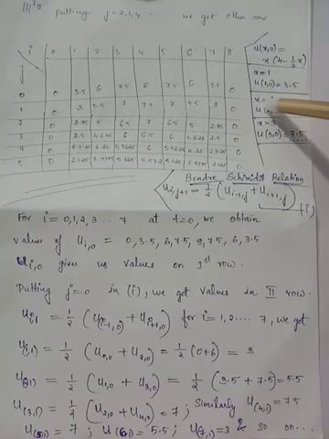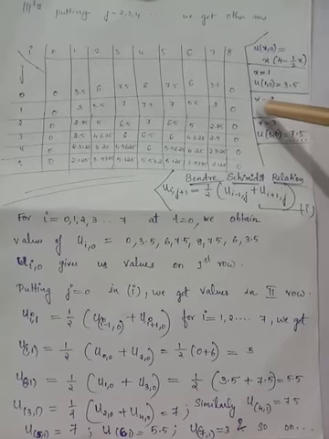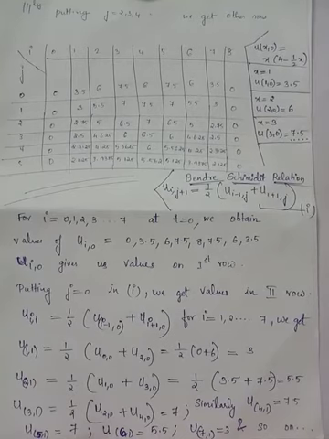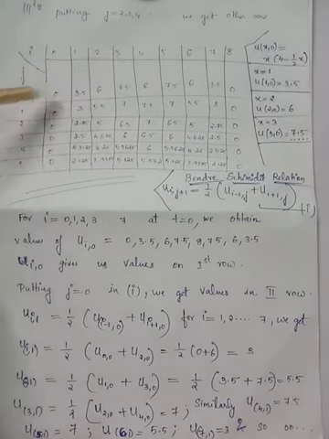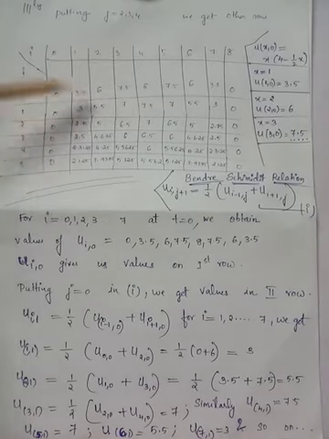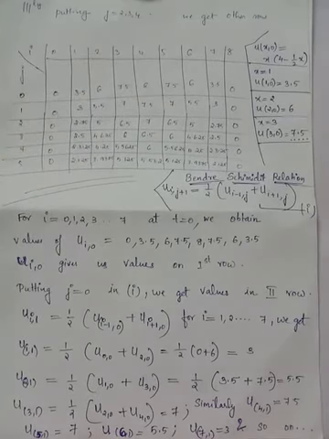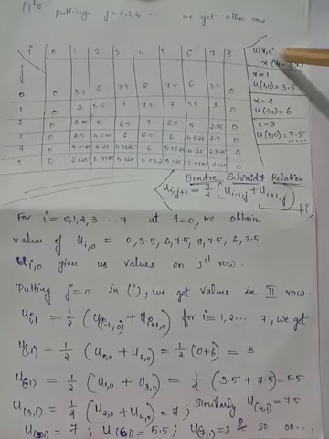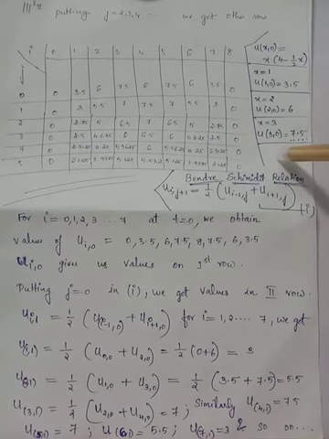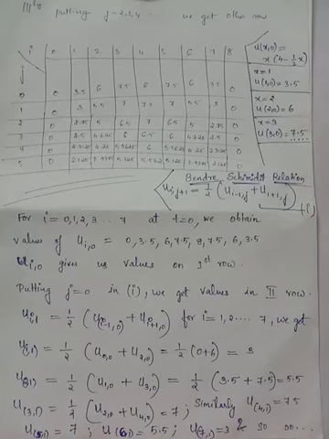Now the next position takes the value x equal to 2. When you substitute x equal to 2 in this equation, you get u of 2,0 equal to 6. u of 2,0 corresponds to the position i equal to 2 and j equal to 0. So at this position you have to write the answer for u of 2,0, which is equal to 6. The next position is u of 3,0. The answer is obtained by substituting x equal to 3 in the general function here, and you get 7.5. In a similar way you can substitute x equal to 4, 5, 6, etc. till x equal to 7 to get the answer for the entire first row.